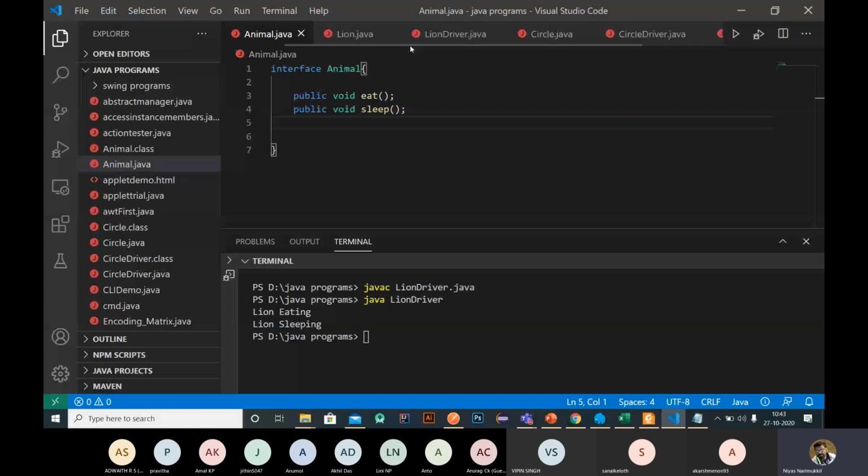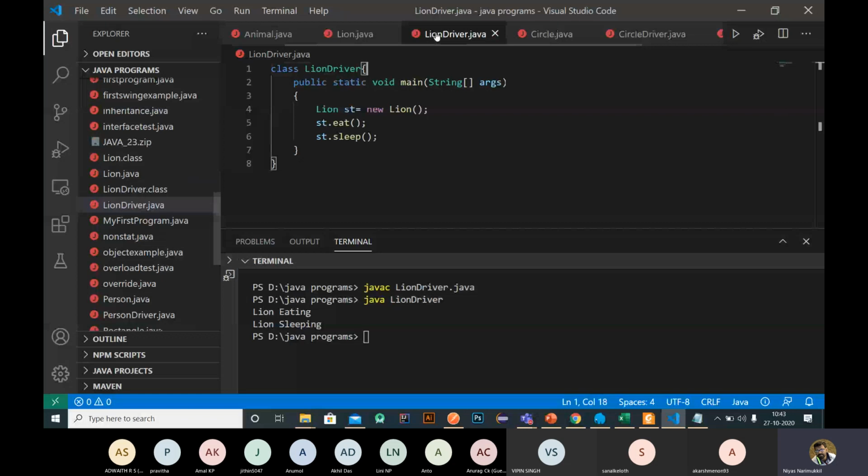Under this interface, one more thing is that with the help of interface, we can implement multiple inheritance kinds. So what is multiple inheritance? Multiple inheritance means one child class can inherit properties from more than one parent class.